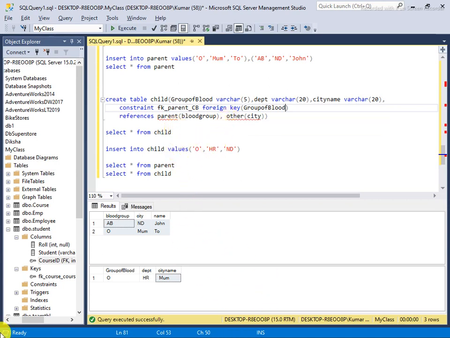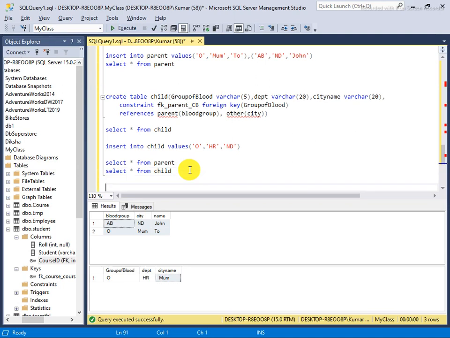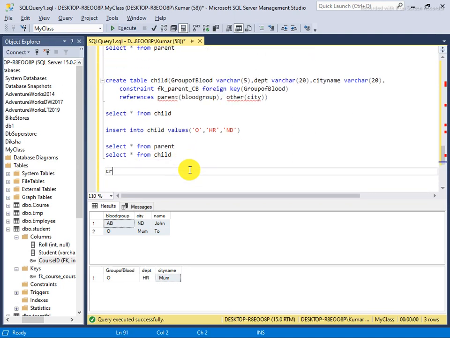See, the reason is that a foreign key or any kind of constraint always exists as a single one in the entire database. Suppose you are creating a table: create table, I say here id as integer, constraint pk id primary key.